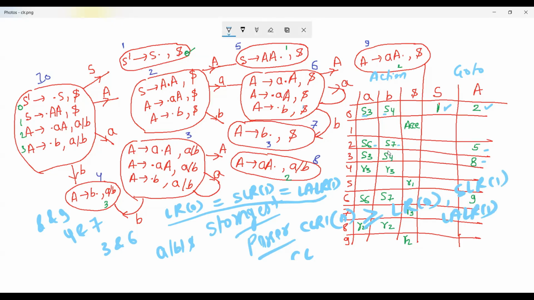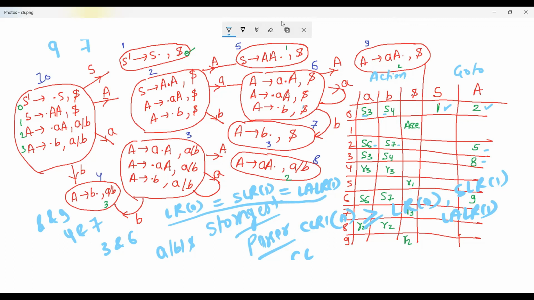So in this example you can see that in CLR1 the number of states is 9, while in the remaining it is 7, right? So in this way we can see that the number of states is more in case of CLR1 and generally less in the remaining bottom up parsers.